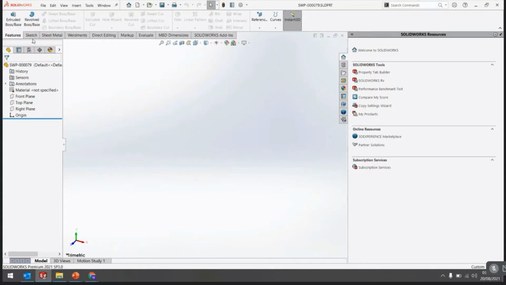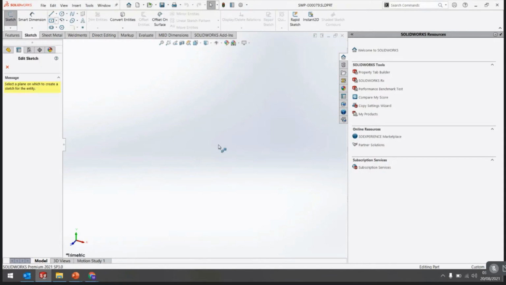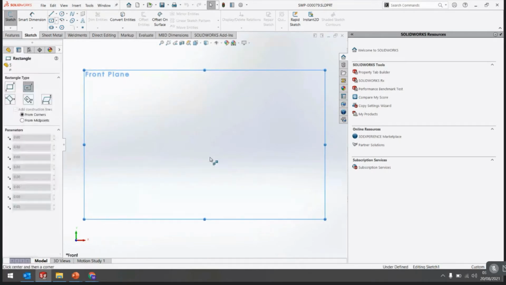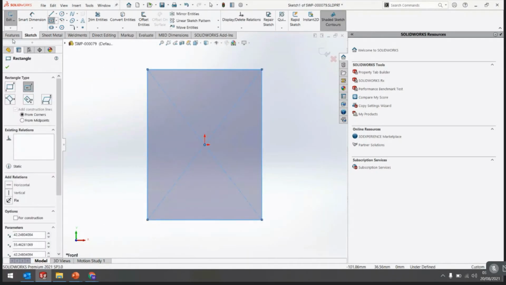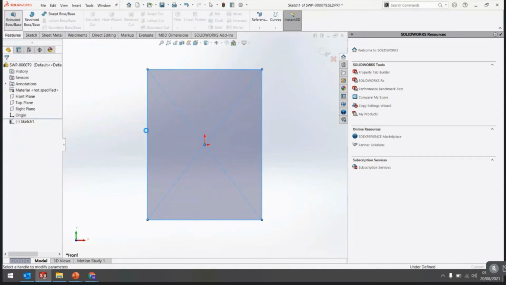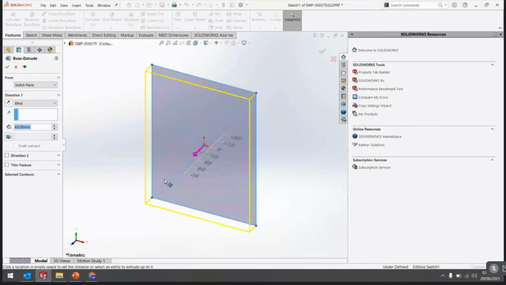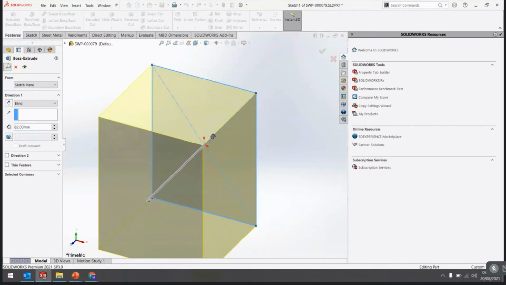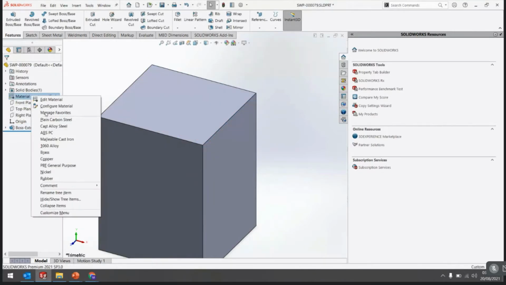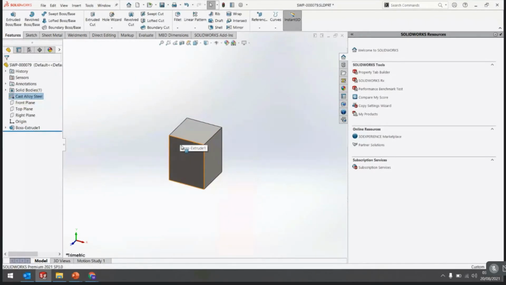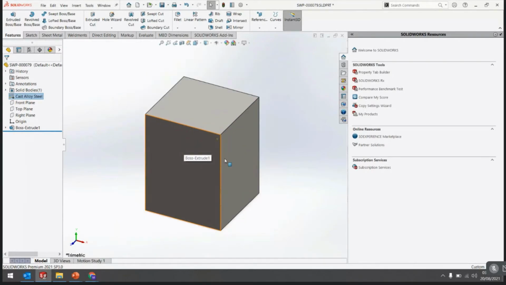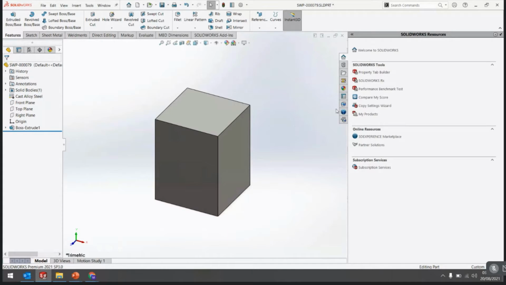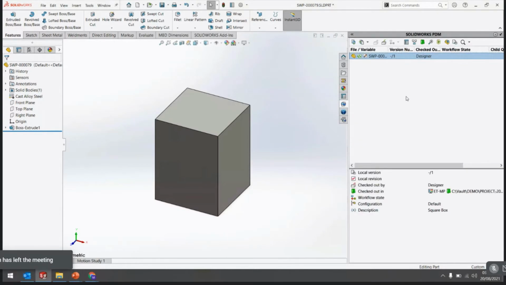So here I am creating the square box. For my today's work, suppose it is completed and I am going to check in this file.